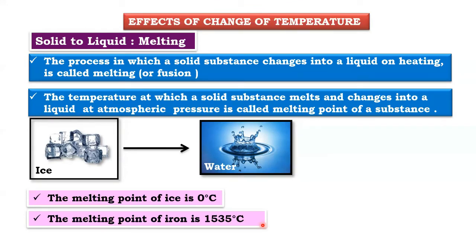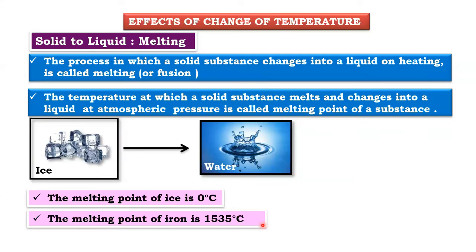Our room temperature is around 25 to 28 degrees Celsius. If we keep a cube of ice in the room, it will be affected by room temperature and brought to roughly 25 degrees Celsius, which is more than 0 degrees Celsius, and ultimately the ice cube will not stay in a solid state for a long time in an open room. But if you take an iron nail or any other iron object, no matter how long you keep it in an open room, it will never melt.